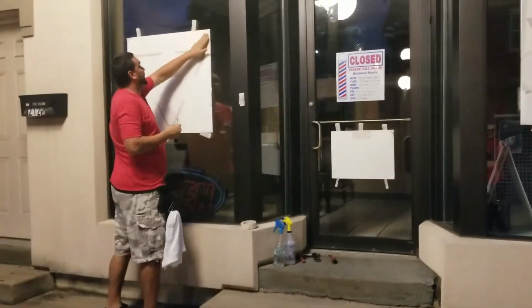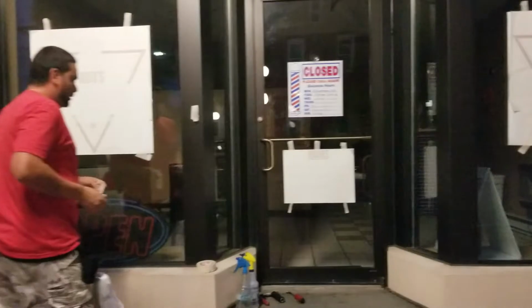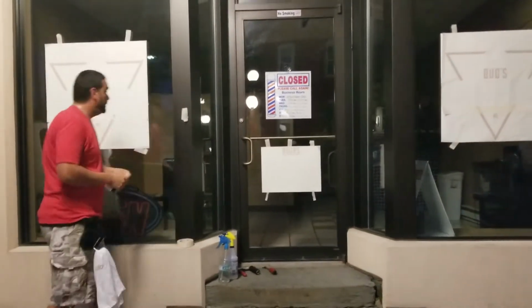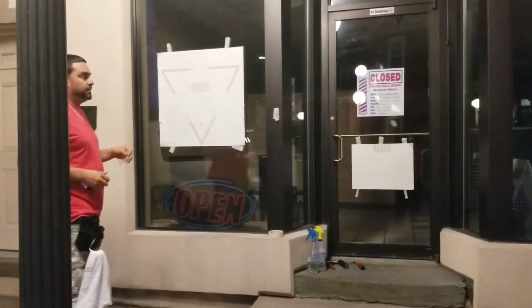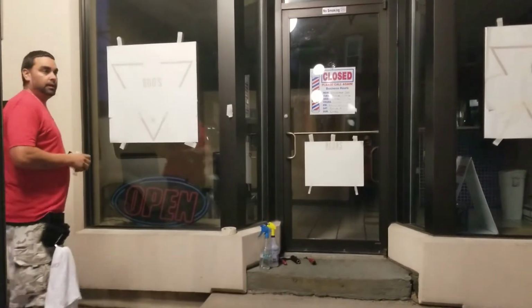Window storefront application today. I already kind of pre-started it. We wiped the windows down with alcohol, scraped it down with a razor. We kind of skipped the part of putting the graphics on the window. But what we did is we made sure we put them in a